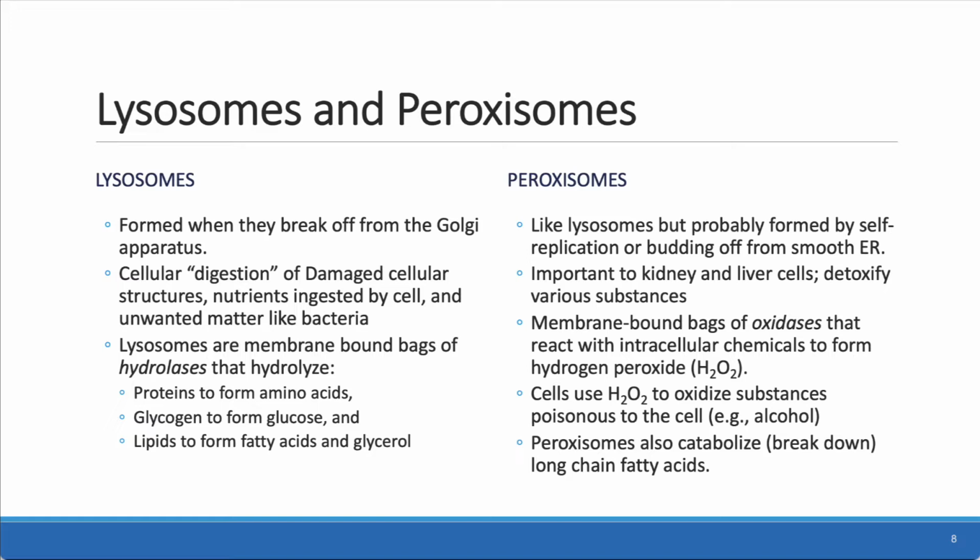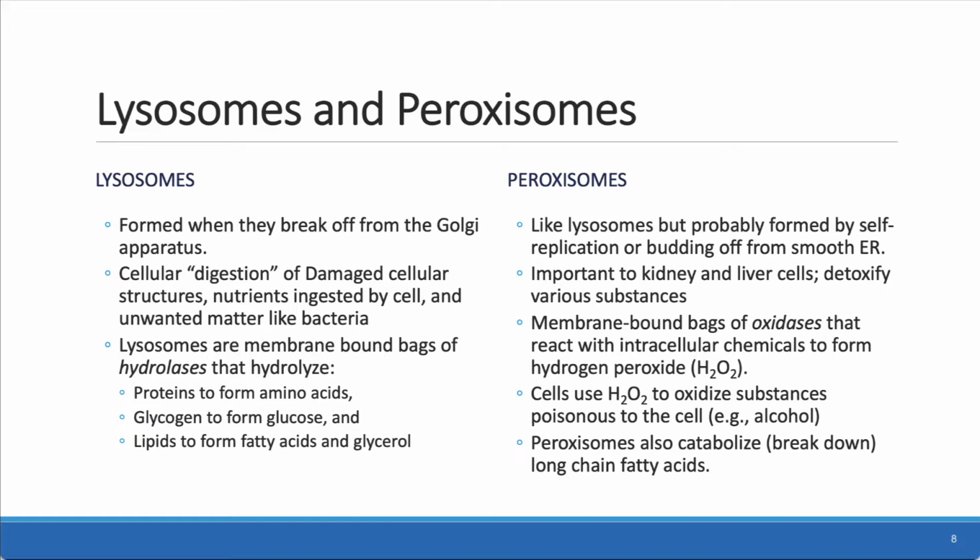Peroxisomes are similar but distinctly different. Lysosomes have hydrolases. Peroxisomes have oxidases. And so the oxidases are present so that they react with these intracellular chemicals to make hydrogen peroxide. And if you remember from chemistry class in high school,